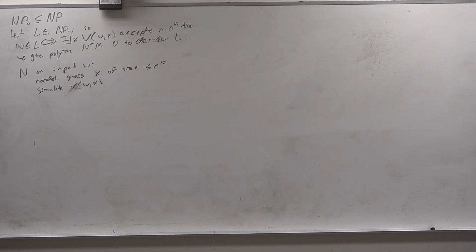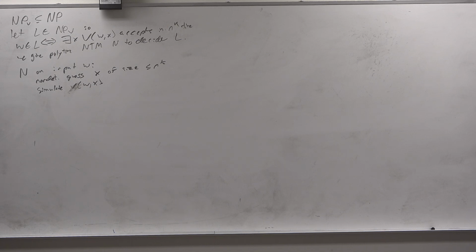For example, why is SAT in NP using this definition? Just guess the satisfying assignment. What do we mean by guess? We use this terminology guess, but what we really mean is branch non-deterministically for all possible witnesses. So in some sense, if you were to look at the computation tree, there would be n to the k branches for each possible bit string of length n to the k. And each of those branches would correspond to,